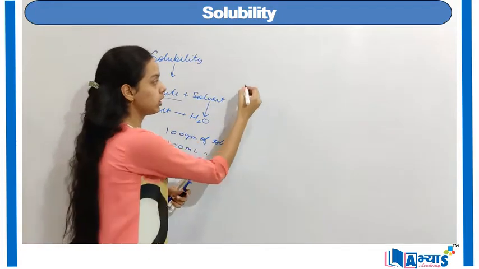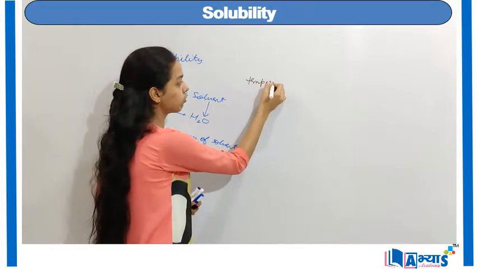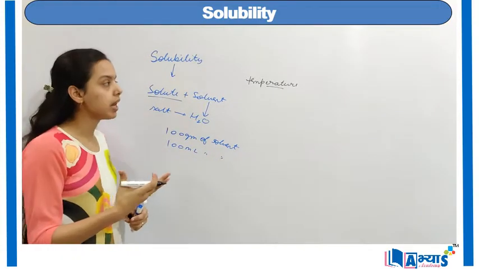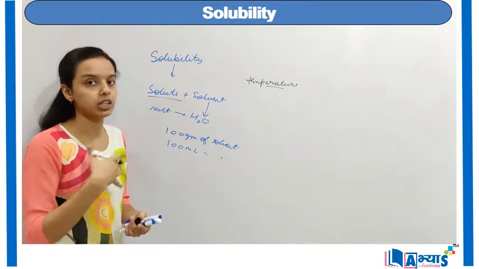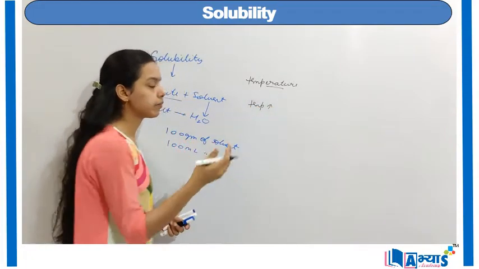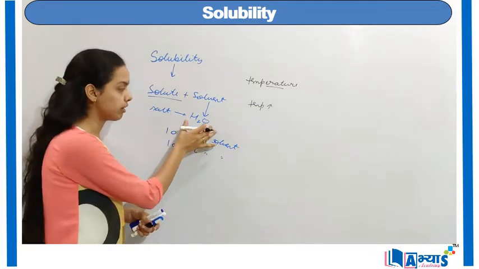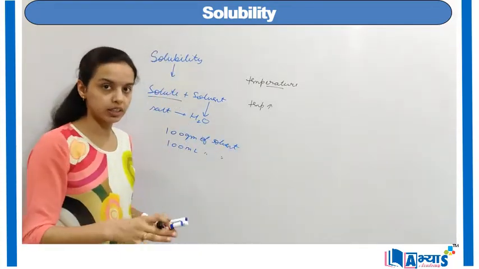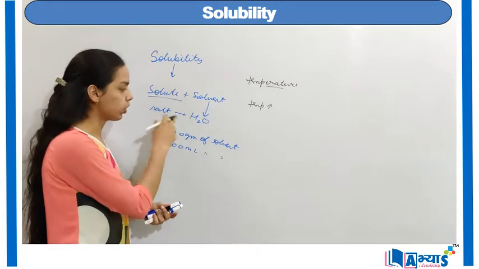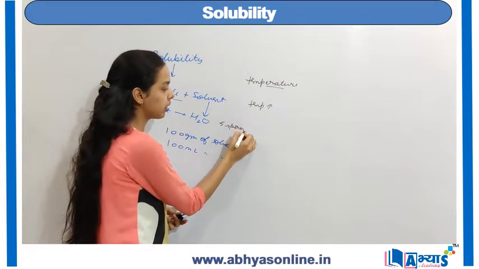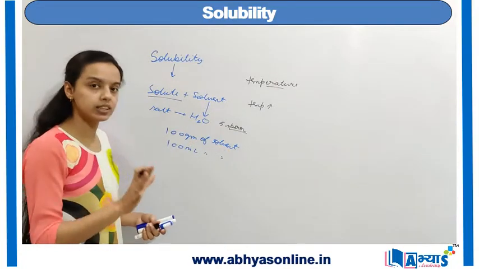Now that we have discussed the definition of solubility, we should know the effect of temperature on solubility. When we talk about the effect of temperature, we basically mean what will happen when we change the temperature of the surroundings. If the temperature is increased, that means if we start heating the solvent, the solubility will increase. That means if the temperature is not increased and we are mixing salt in water, suppose only 5 spoons are being mixed in this water at this temperature.